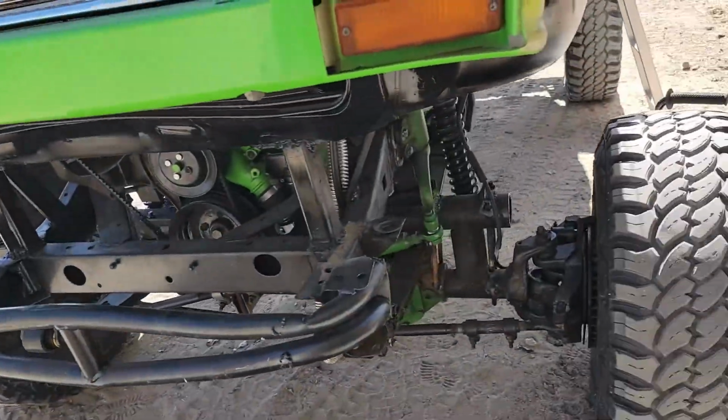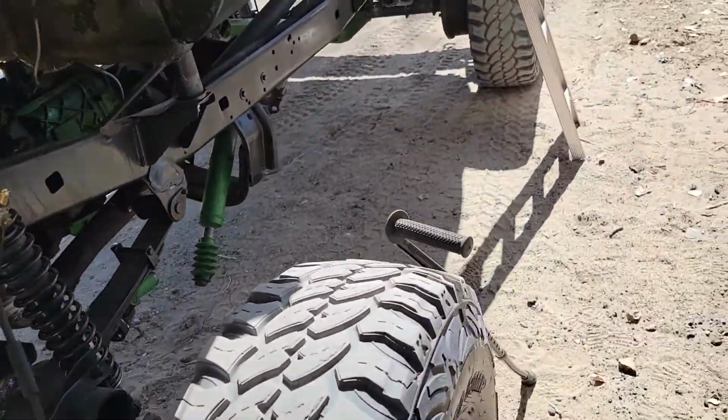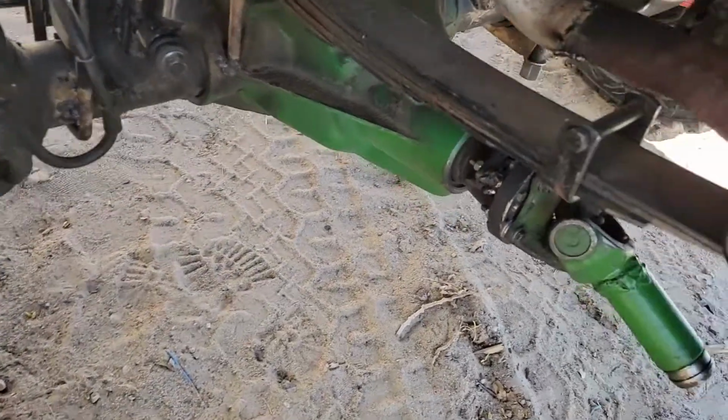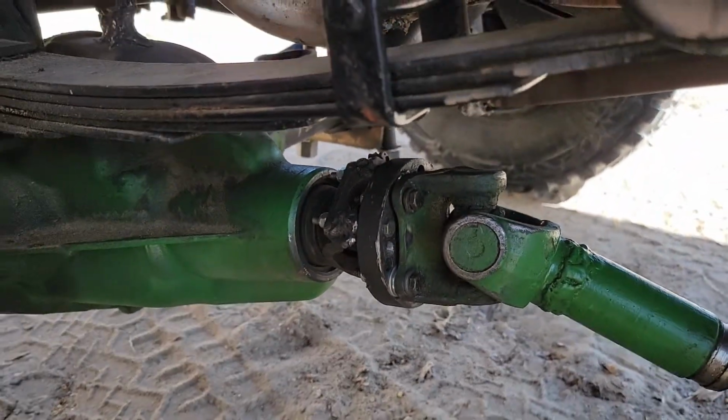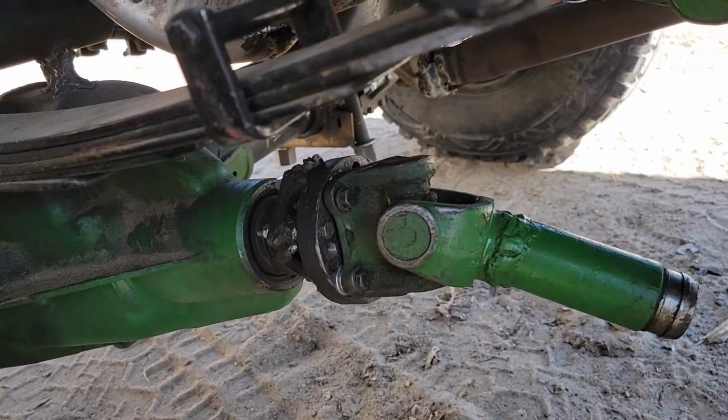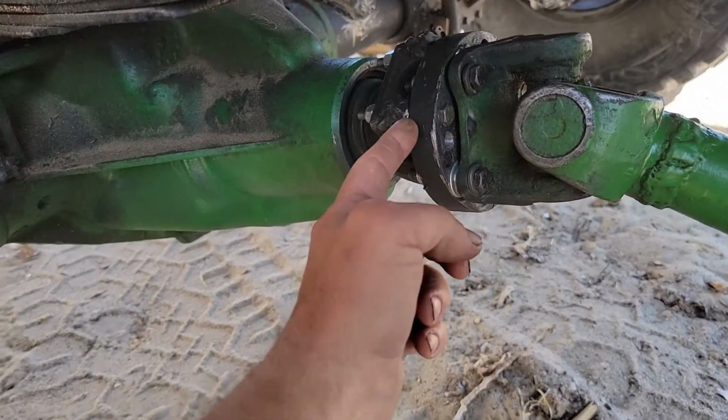Alright, got to extend Frankenstein's drive shaft. Let me walk you through this a little bit here. What I did is originally I had just had that welded on right there, and there was another plate between here and here,